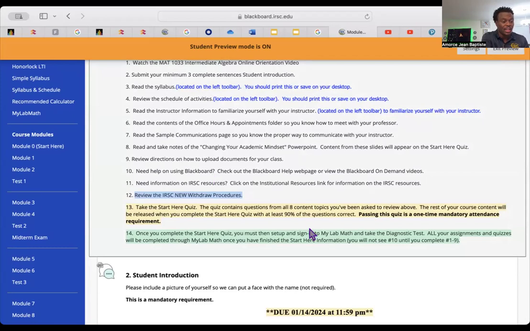Once MyMathLab is ready, the first thing you do is take your diagnostic test. The diagnostic test, again, is not a test grade. It tells me where you are in this class. We talked about that, and it's on MyMathLab.